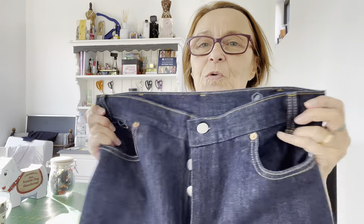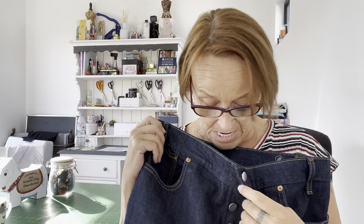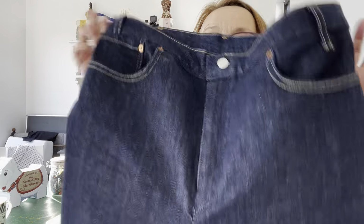These jeans are basically my learning and development for my new jeans that I'm going to make, because you've got so many pairs there, and now I've learned what I did right and what I did wrong. I am definitely looking forward to the next pair. And what I have learned through this process actually is I much prefer